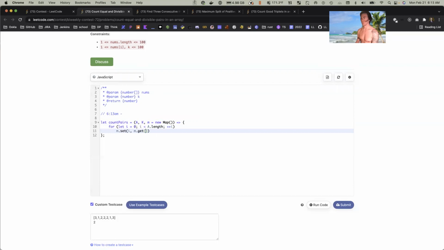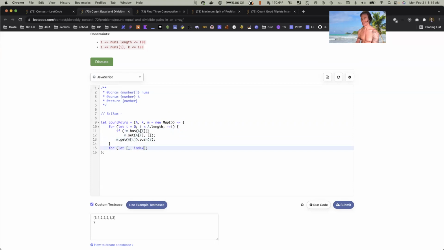Hold on. If not m.has(a[i]), then m.set(a[i], an empty list), and then m.get(a[i]).push(i). I push each ith index onto each value, and then